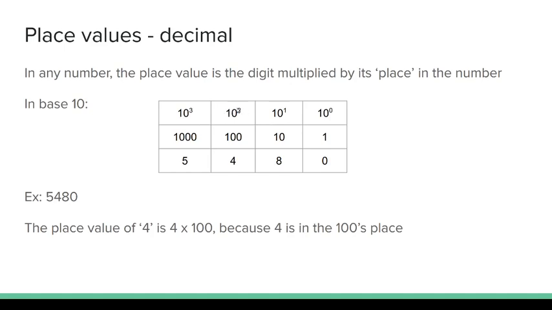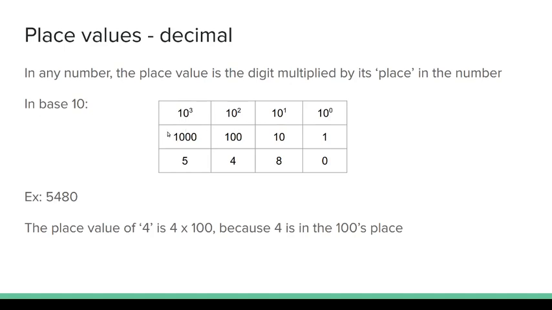Why an increasing power of 10? Because we're talking about base 10. So the ones place is 10 to the 0, because any number raised to the 0 power is 1. The tens place, we have 10 to the first power. The hundreds place, 10 to the second power, which is just 10 times 10, which is 100, and the thousands place is 10 times 10 times 10, 10 to the third power,